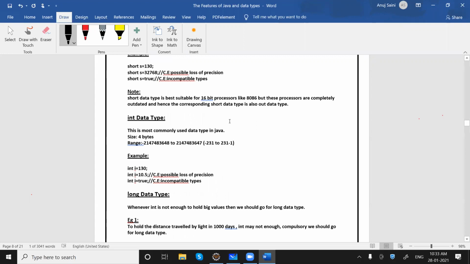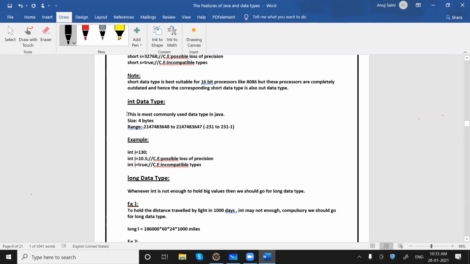Okay, all right. The next data type we have is int. This is the most commonly used data type. Most of the time you are going to use this one. It takes 4 bytes in memory, and as the memory size increases, it is going to store more information. Like for byte, we have some limited information that we can store, right? But